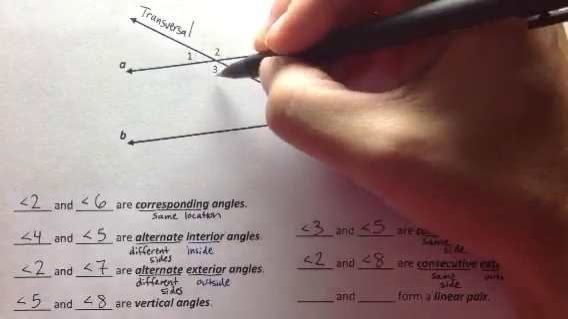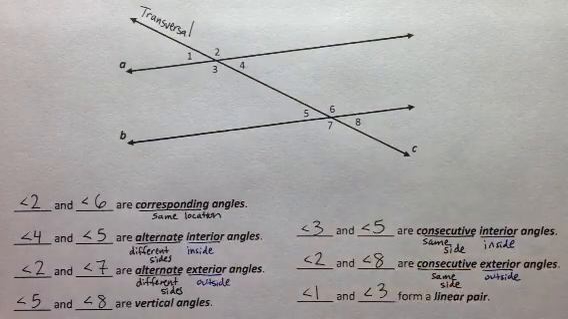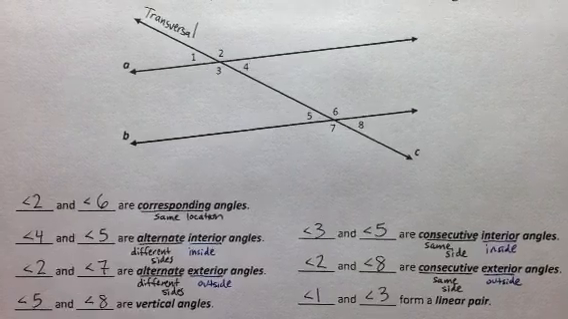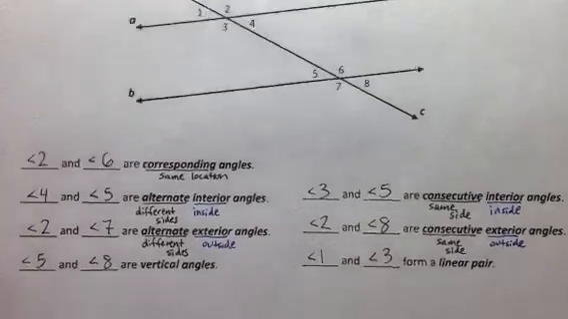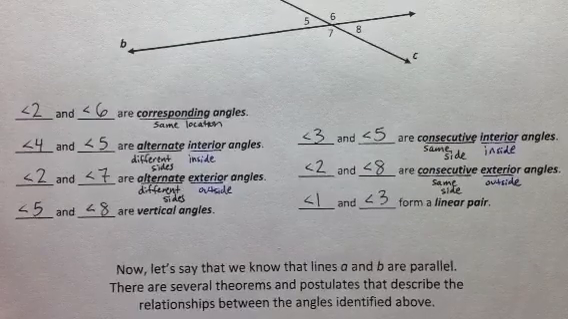1 and 3. That's a linear pair. It doesn't matter which pair you include. Okay, so now that we've reviewed the vocabulary, I want to talk about, well, what if we know that the